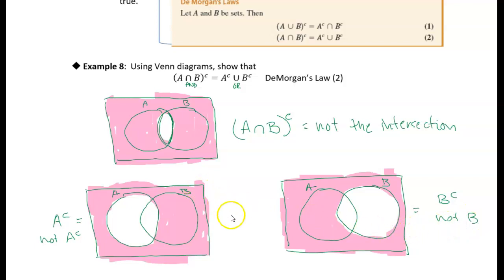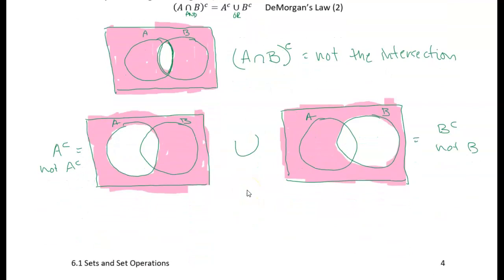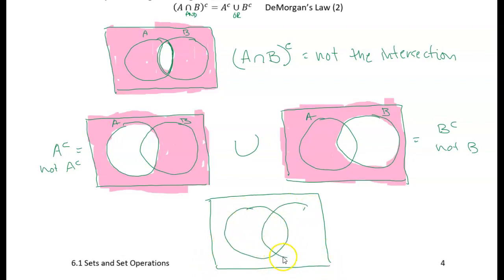All right. And I want to take the union of the two. So I want all the pink stuff in one diagram. All right. So what's that going to look like? Well, I'm just combining all the pink areas. So let me draw the Venn diagram again. All right. There's my universal set. Here's my set A. Here's my set B. A, B. So anything that is either shaded in this right-hand thing, the A complement, or in B complement,